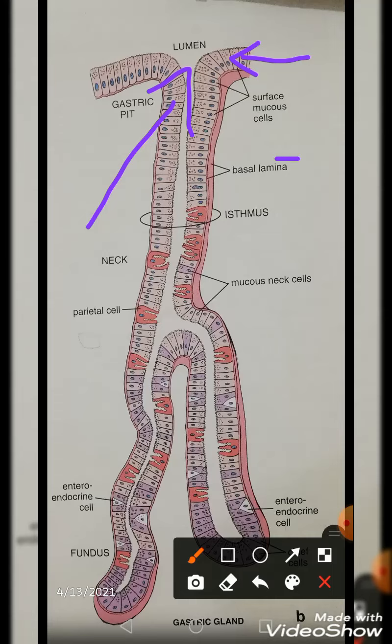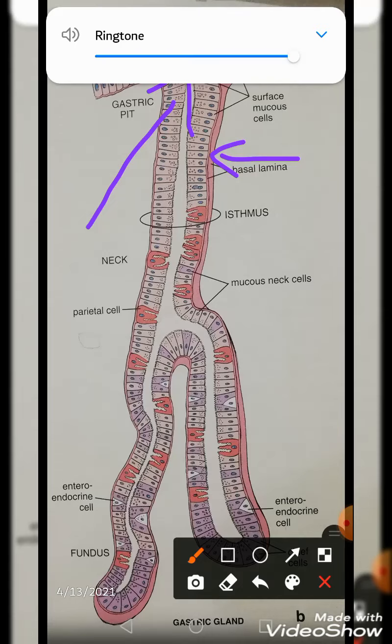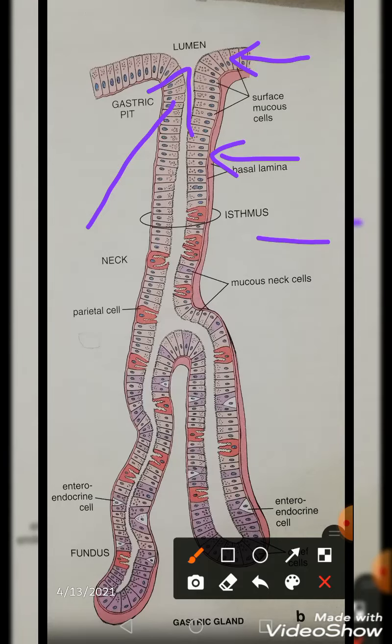These cells are resting on the basal lamina. Now you can see, just located below the gastric pit, is a small segment called the isthmus. The isthmus is basically the site of cell replication. The cells from here move upward and downward as well. They have to move upwards to maintain the number of surface mucus cells, and the cells that go downwards are supposed to maintain the number of the cells located in the lower part of